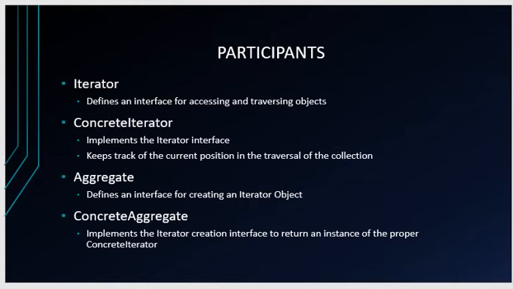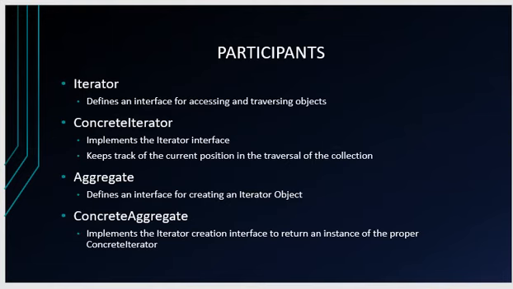So the participants, as you just saw before, are the iterator. It kind of defines the interface for accessing and traversing the objects. It defines the interface, but we can override it and create concrete iterators, and we can do different types of operations. The concrete iterator has the job of keeping track of the current position and traversal of the collection, and it implements the interface for the certain type of iterator. So what are we going to do, for example, for the wild iterator? How are we going to traverse it, and what are we going to do when we actually find a wild